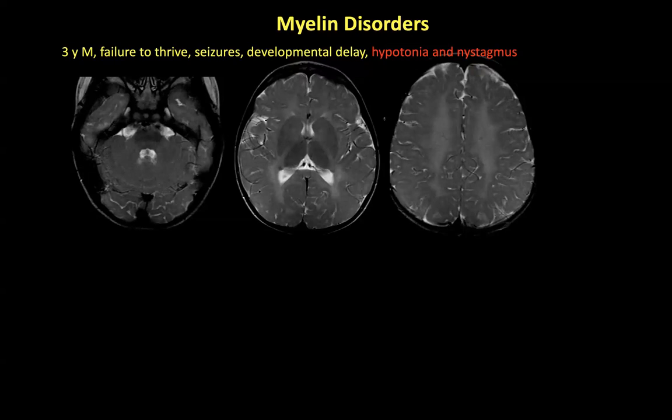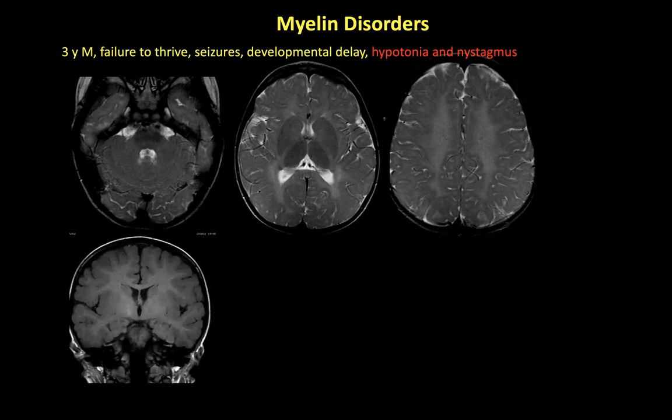Well, first of all, the signal is bright, but it's not lighting up. It's this faint hyperintensity that is diffuse. But when we look at the T1, it is also bright. So radiologically, this brain looks normally myelinated in T1, as expected in a 3-year-old child, and absolutely unmyelinated in T2. So we have a T1, T2 discrepancy, and this is the radiological definition of